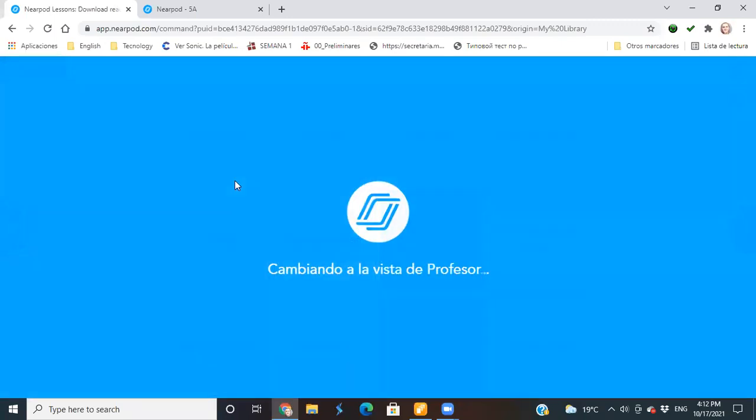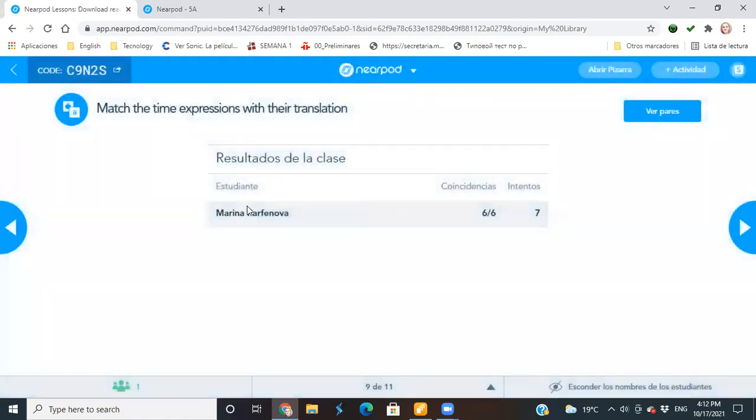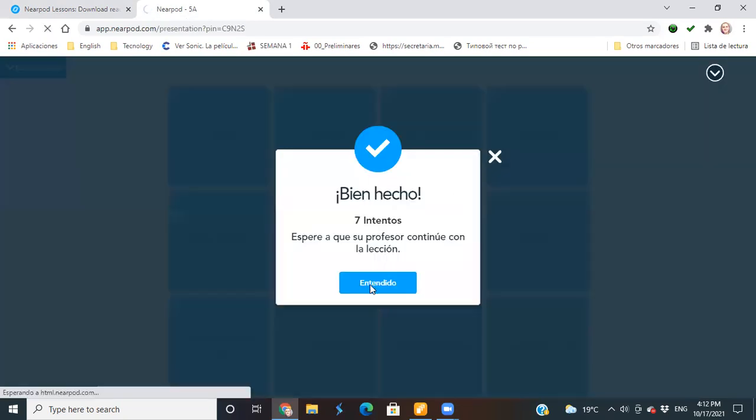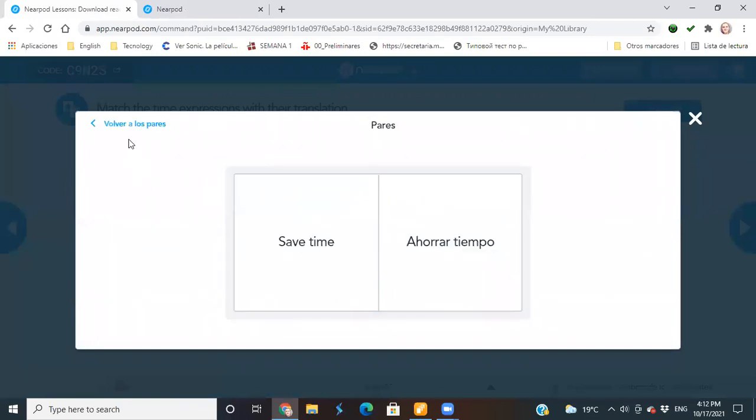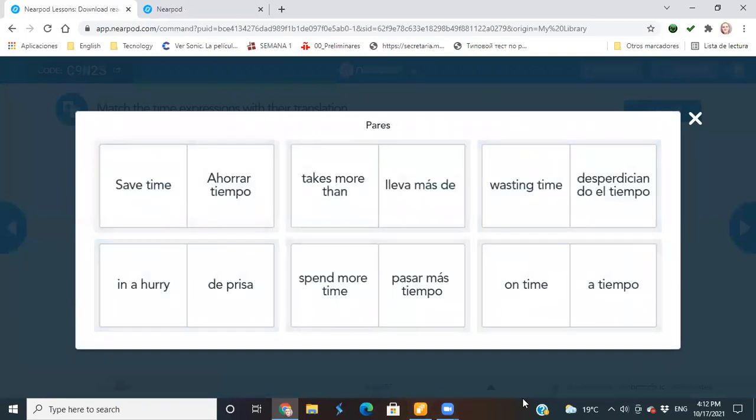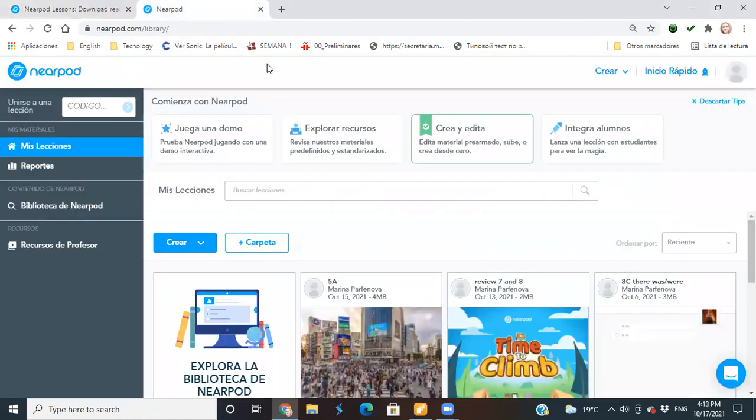By the way, we can add time to this. Yes, I'm going to show you maybe in a moment how to add time, into which activities you can add time. And then finally, in this case, they cannot fix anything, they cannot play again or anything, right? But I can show them the correct answers. So we can click on this, can go back, they can take screenshots, or they can take note of these words and expressions or pictures, and then we can continue when they are certain of their answers, right? Okay, I lost my